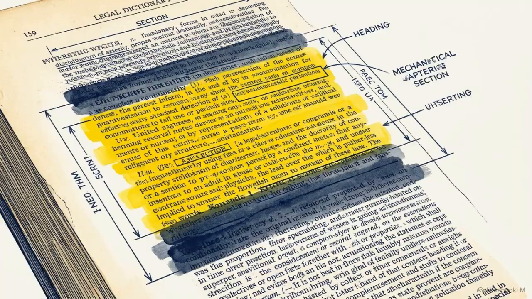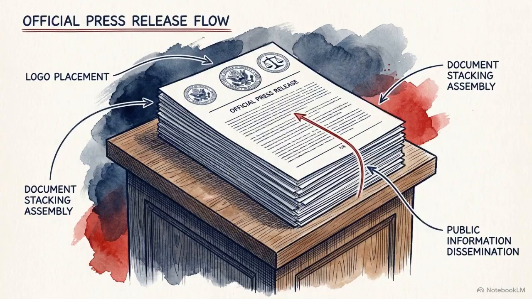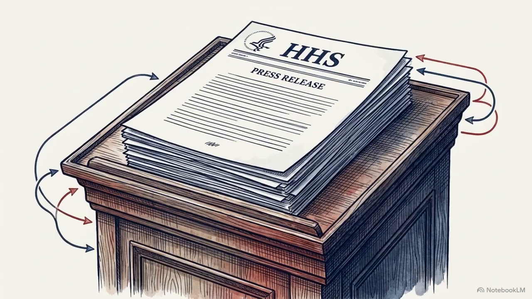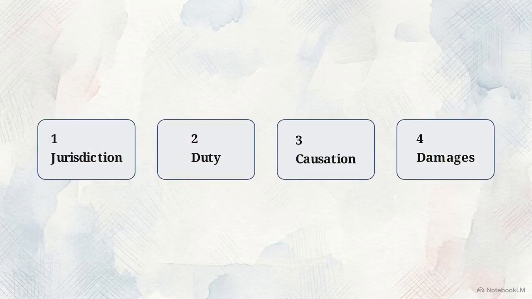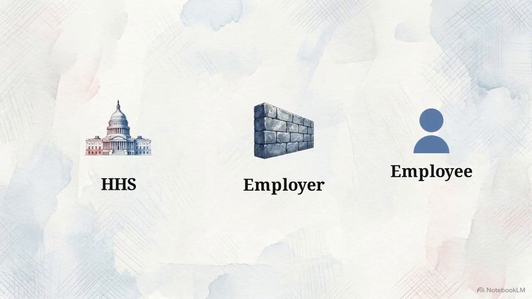The complaint utilizes the Missouri tort of negligent misrepresentation. It aligns the elements of duty, the supply of false information, and detrimental reliance with HHS's public statements on vaccine status. Successfully translating a federal administrative action into a localized state tort is the essential requirement for establishing federal court jurisdiction. Node 3 addresses causation, specifically how to establish a direct link when a third party, the employer, executed the actual injury.